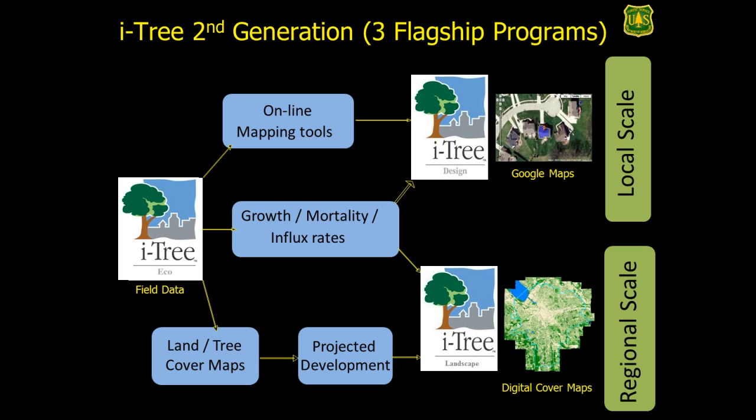If you look at it this way, the field data goes into iTree Eco. If you move to the top, the online mapping tools, that's where you go to design, where you sketch a landscape. I'm sorry, the top one's design. If you move to the bottom and go to maps, that's where we move to iTree Landscape, where we bring in cover maps. In between both of those tools, we have a time series model that we're releasing next year,